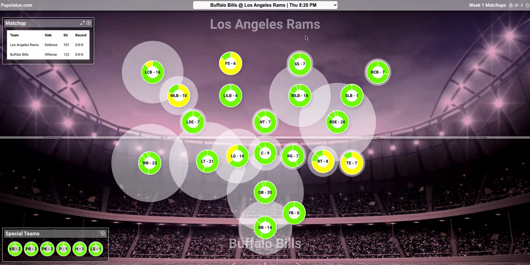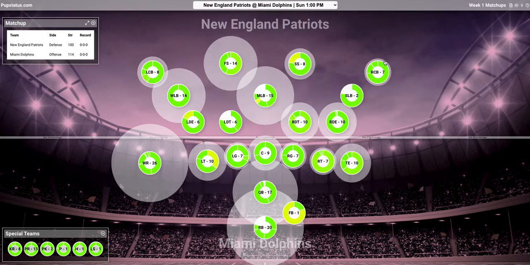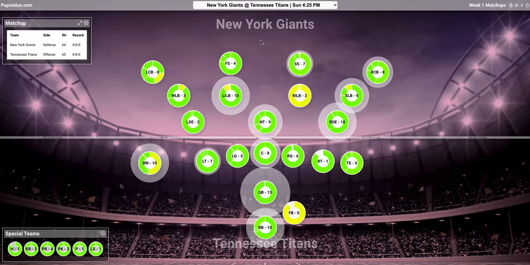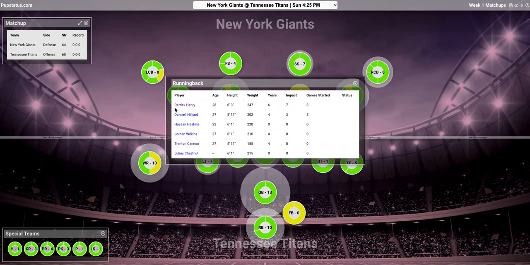So throughout the season, I'll be focusing on certain games, letting you know what news I've heard regarding their impact and maybe what to look out for. So if we just take a random game here, for instance, not too much going on, maybe a little bit of questionable tag on their strong side safety, same on this side of the ball, not too much going on there. But here's an interesting matchup. Okay, here we go. Derrick Henry. That was the name I was looking for earlier.